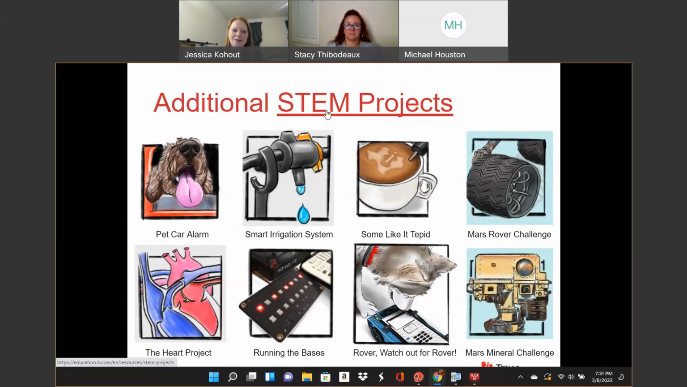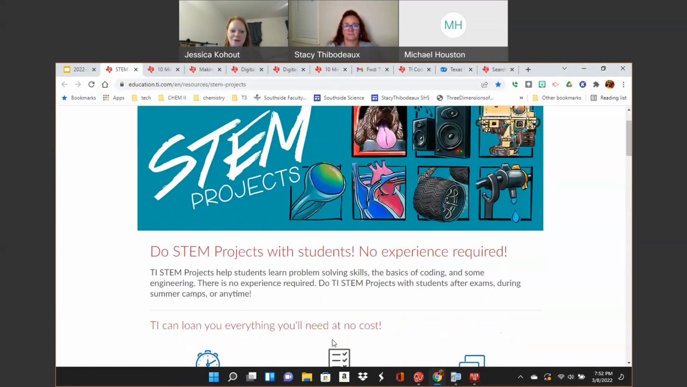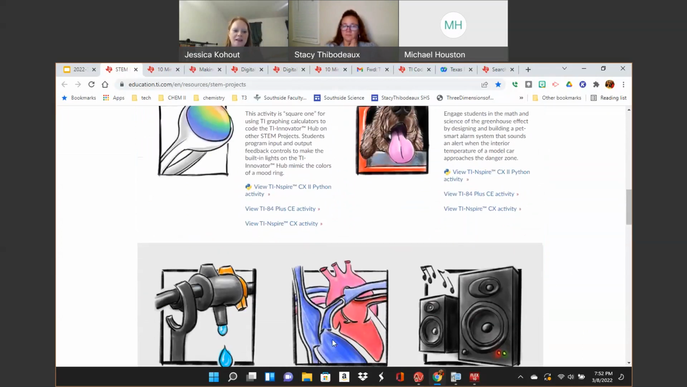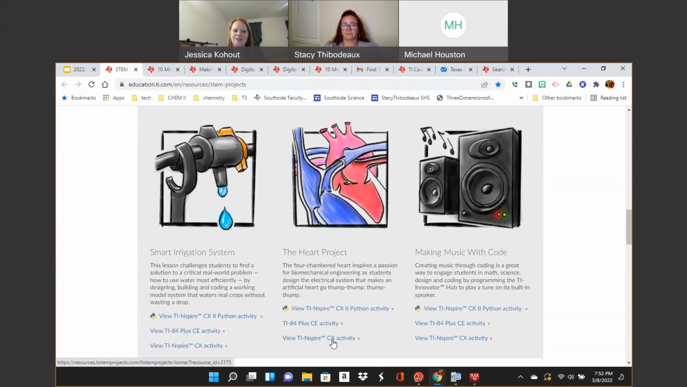The pet car alarm is a really great resource as well that deals with creating an alarm if a dog or a cat or an animal was left in a car, kind of like the Tesla's dog mode. It's great for middle school students or even high school students. I find that if you go from digital mood ring to pet car alarm, they go really well together. And then into some of the other STEM projects,